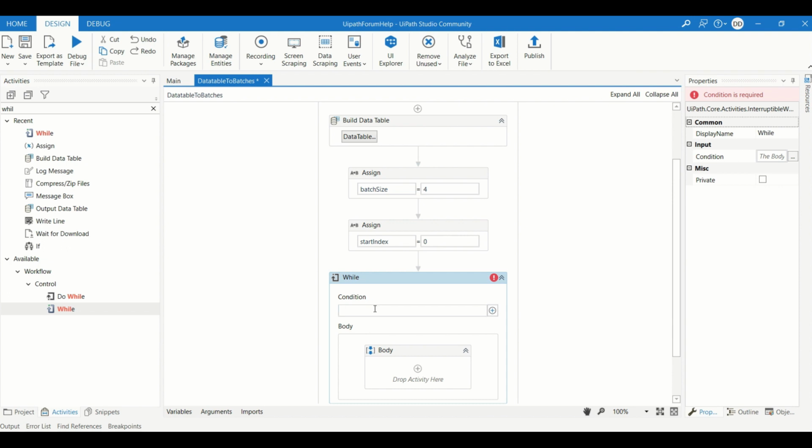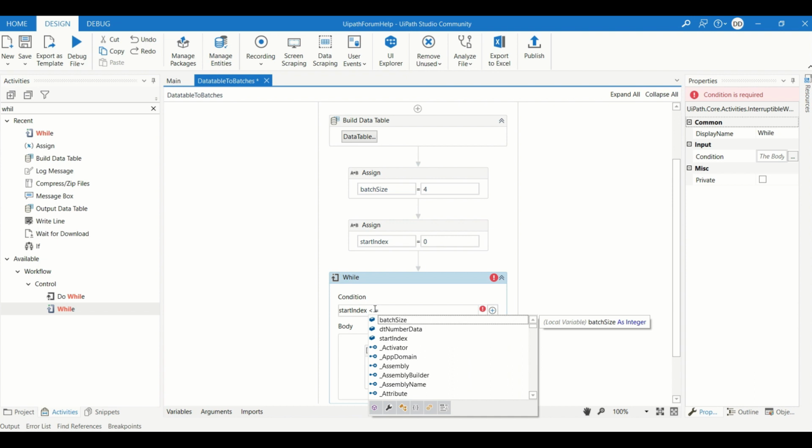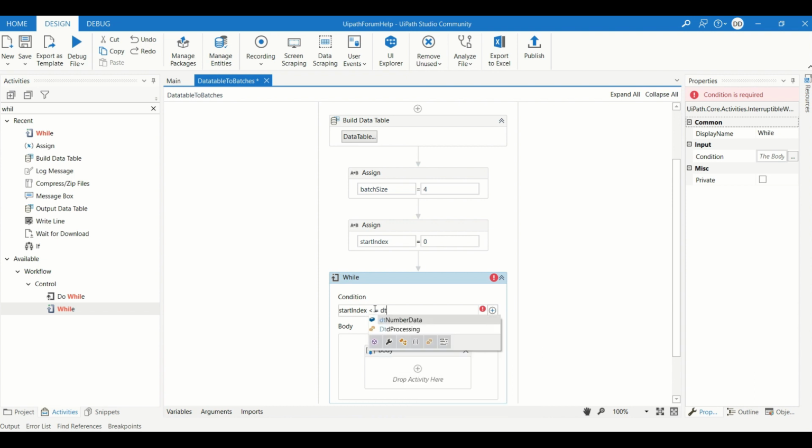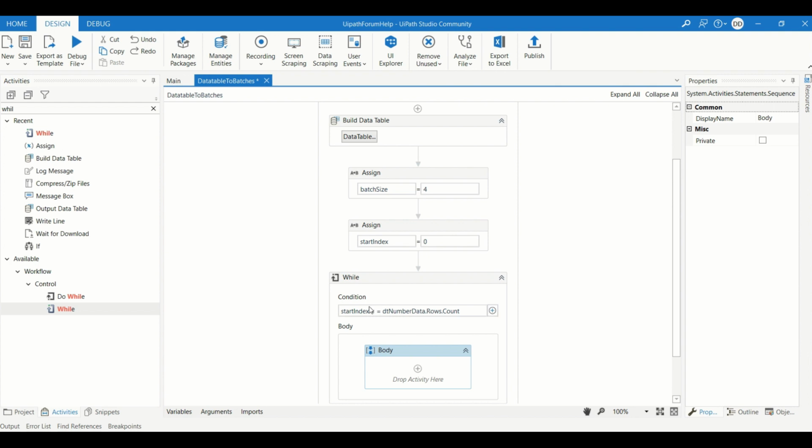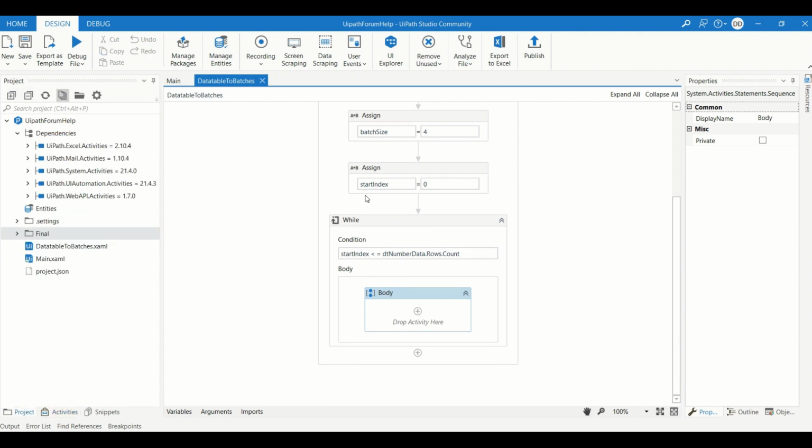We have to iterate the start index also. So start index will be less than or equal to the data table we created, number data, rows dot count. Whenever it is less than or equal to, it will run, otherwise it will break the while loop.